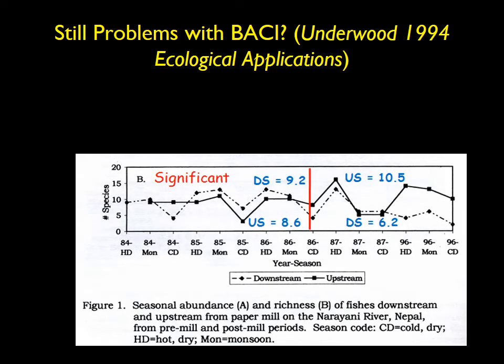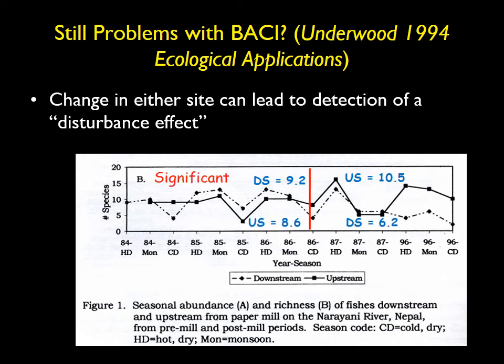Okay, well, are there still any issues with this Bakke design? Well, looking at this result here, something might come to mind. One of the issues is that a change in either site can lead to detection of a disturbance effect. So if you look at the data on number of species after the mill was constructed,